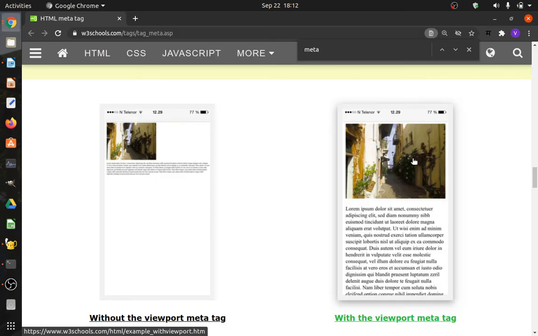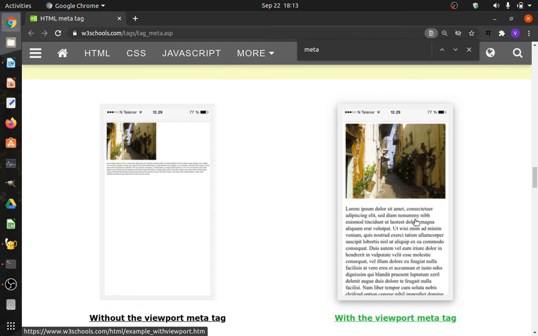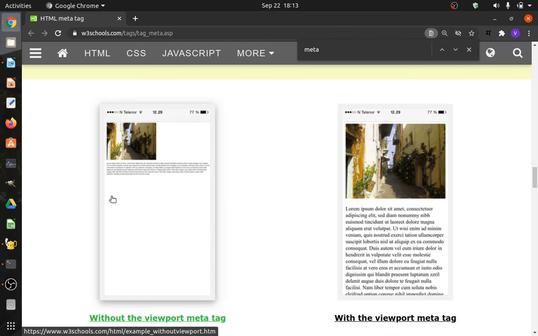So here is a screenshot of two renderings. On the left part, a mobile screen is showing the same web page which is also seen on the right part, but the difference is that the web page on the left does not have the viewport defined, and that's why the web page is loaded in the mobile screen in a way that is not legible, not readable, not pleasant.